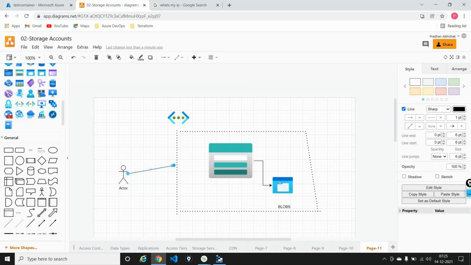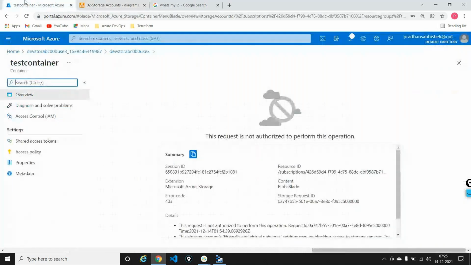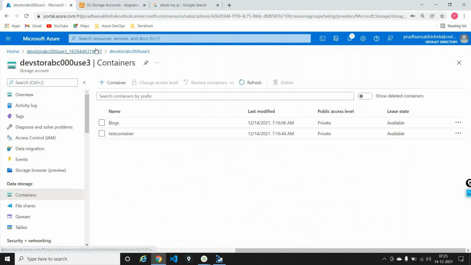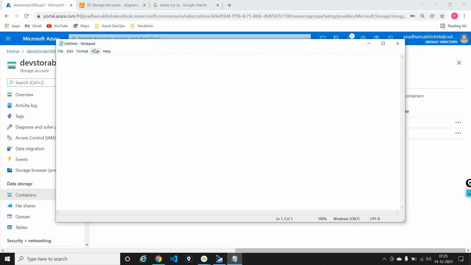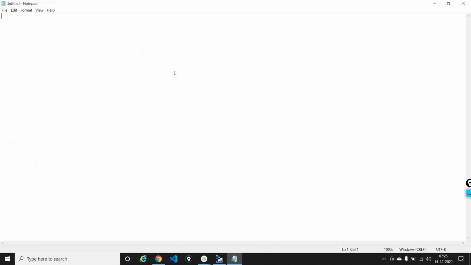But what is this address? How did I create it? How did I end up creating this out? There are two things out here. When I started creating this particular virtual network, the first thing it